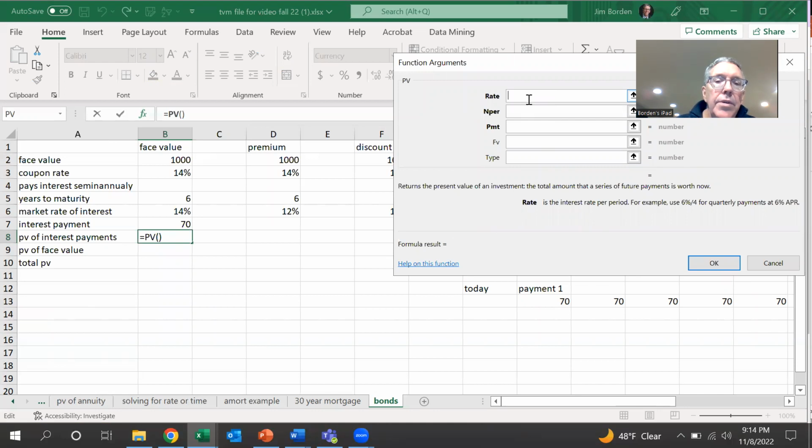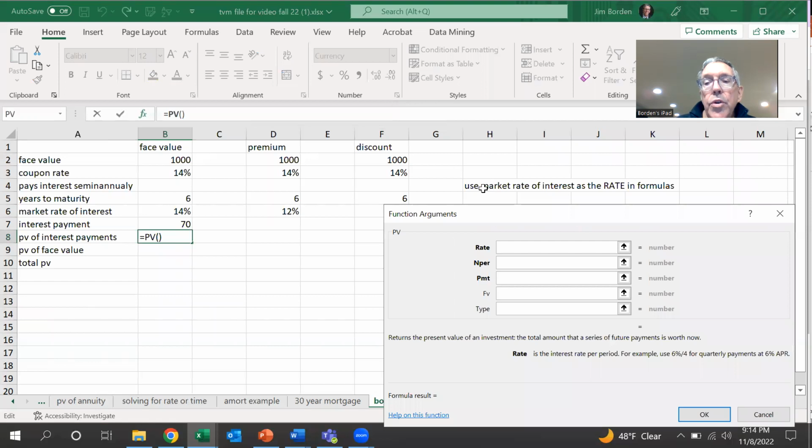So the key thing to use here, right? When you're using the formula, use the market rate of interest, not the coupon rate, use the market rate. So this first scenario, they happen to be the same, right? We just have to be careful here. So that's the market rate. But again, since everything is semi-annually, we divide it by 2. Okay. Same thing with the number of periods. We take the number of years